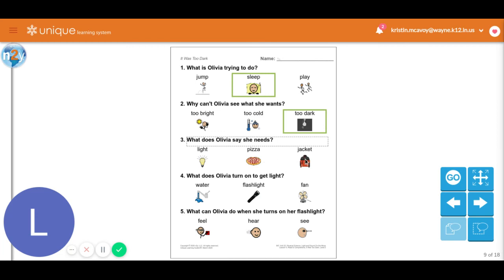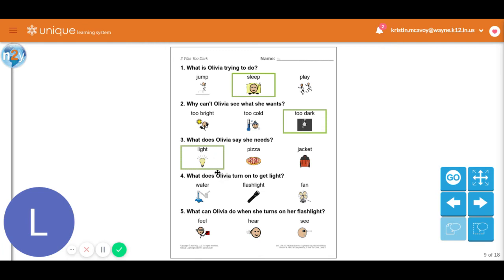You would need a jacket if you were cold and you were going outside. But she needs to be able to see something. So I think she needs a light. And in the story, she kept saying, I need a light. Light. Ding! That is the right answer.